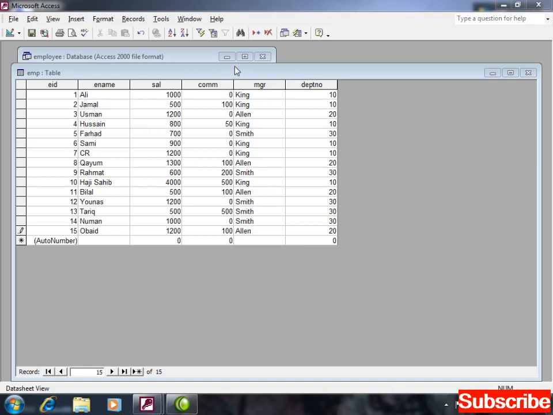After this, we are going to study how to connect the Crystal Report with SQL Server. Just as I was telling you about Access. The reason behind this is that mostly in offices, databases are in Access. They have created databases in Access. So how to pick data from Access? In the same way, I will tell you how to pick data from Excel as well. If you have some records or data in Excel and want to make a report from that, we are going to study Excel as well, inshallah.